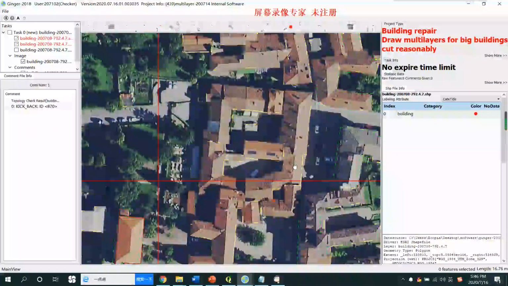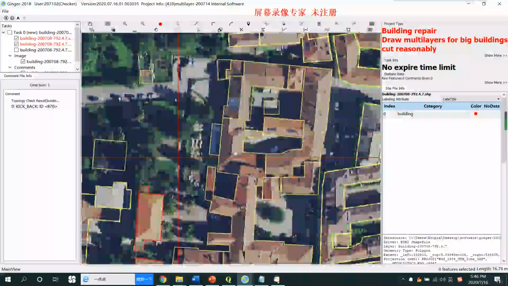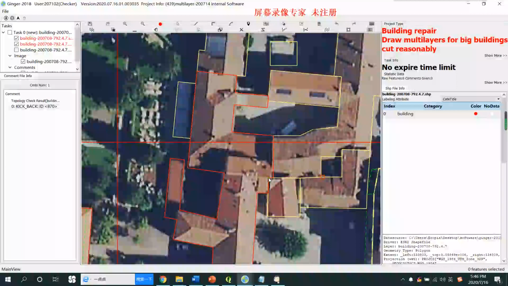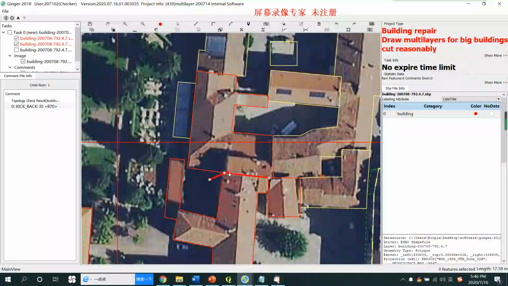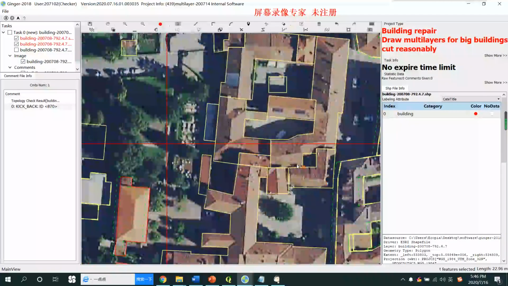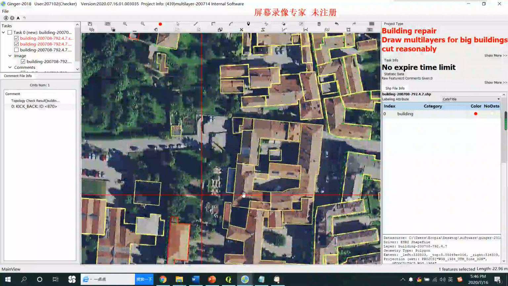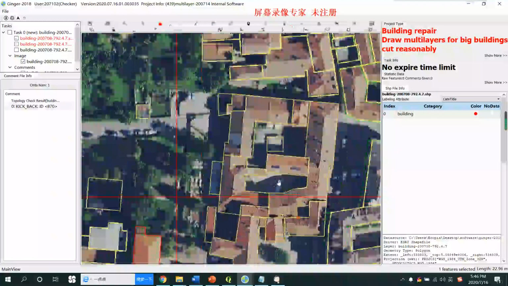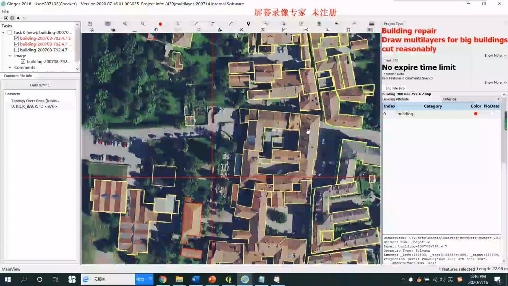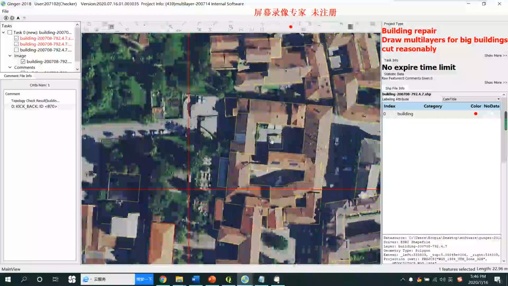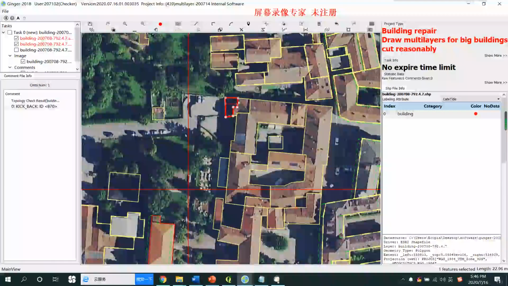Okay, so now we can see that for this part we're almost done. Also cut here, and here is taller, right? This small part, cut here, right? Okay, so for this area we're almost done, and we can figure out that it might have 3 or 4 buildings, right? For this part,